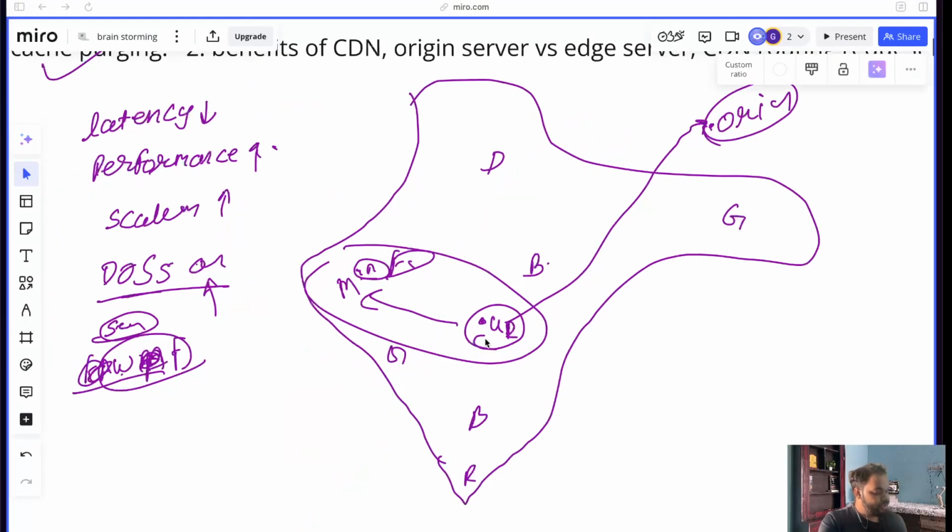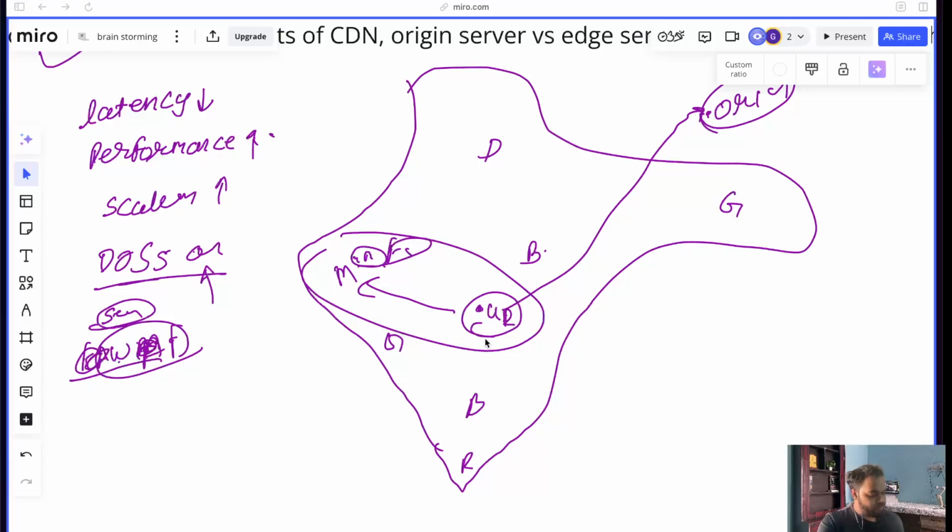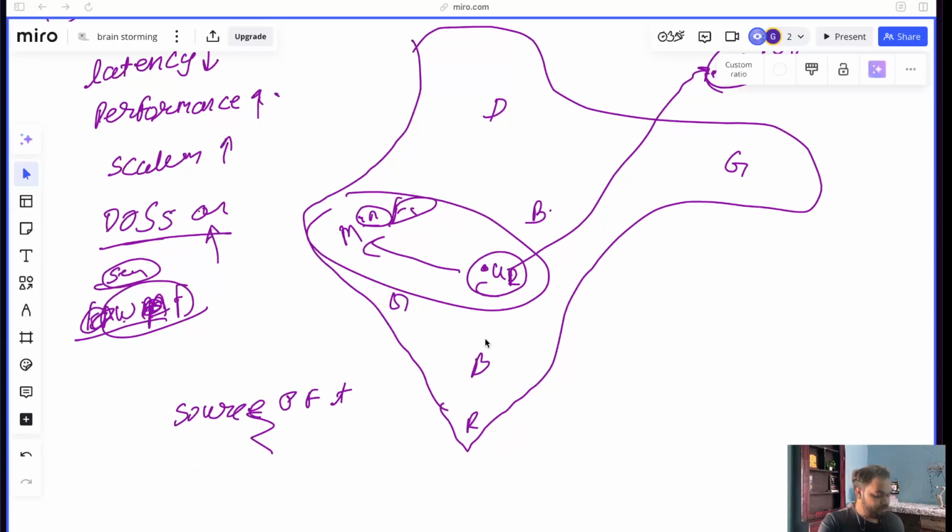Okay, origin server. Origin server is the source of truth, right? Source of truth है origin server. First thing, second thing, origin server will have